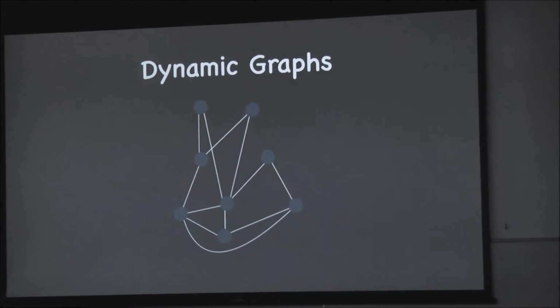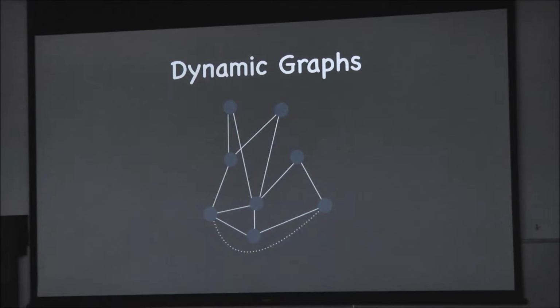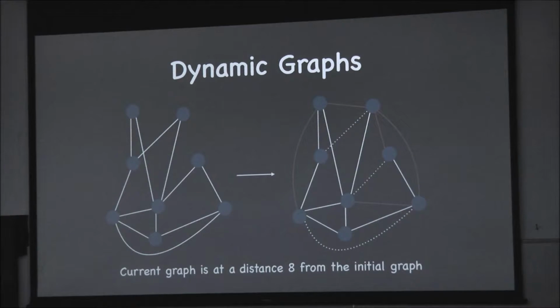So we are presenting a setting where the graph changes dynamically, meaning only edges are being modified. The vertex set of the graph is fixed for a network, and the edges could be deleted, added, and so on. After a certain amount of time, the graph which was initially, let's call it G, has become another graph H. So a measure of how close two graphs are.